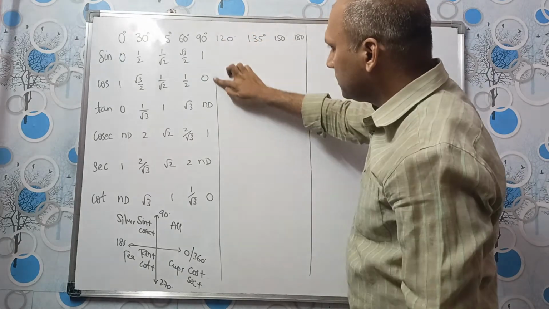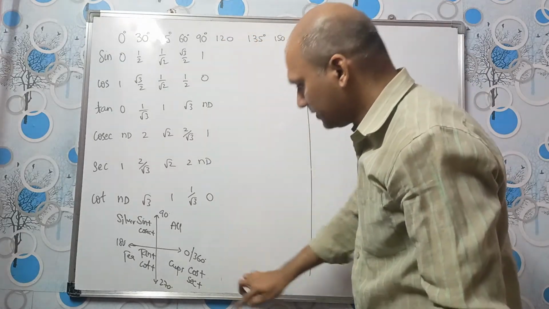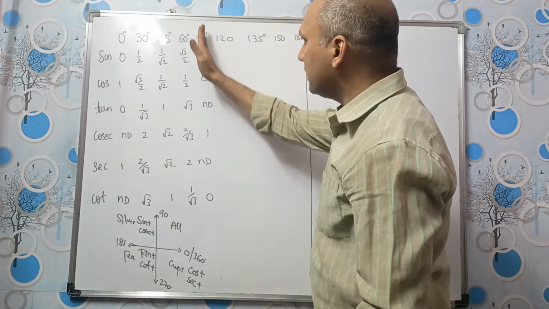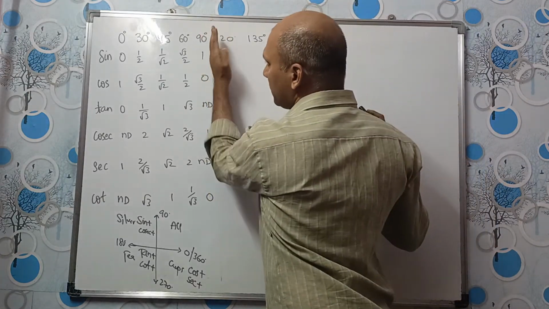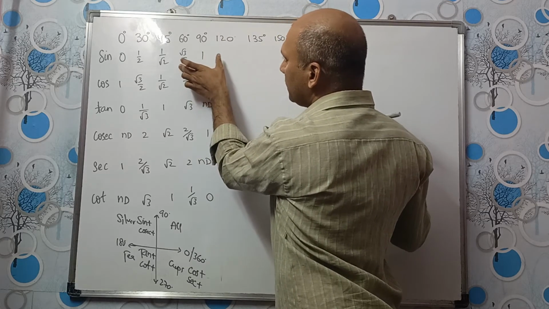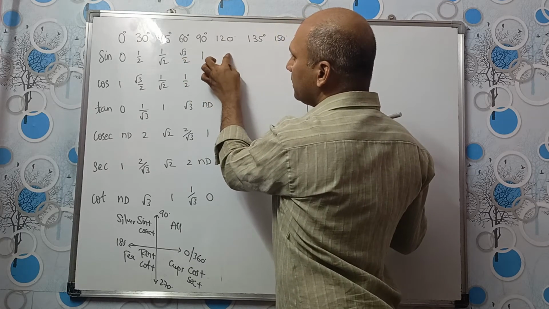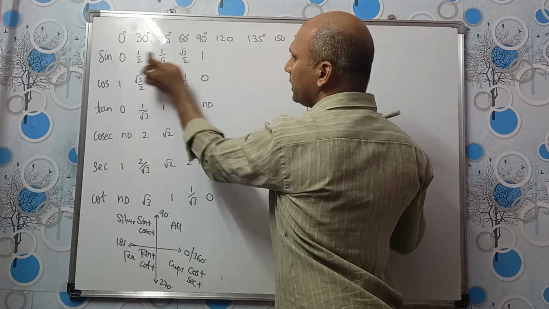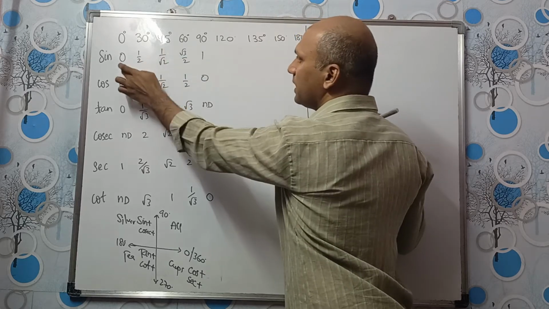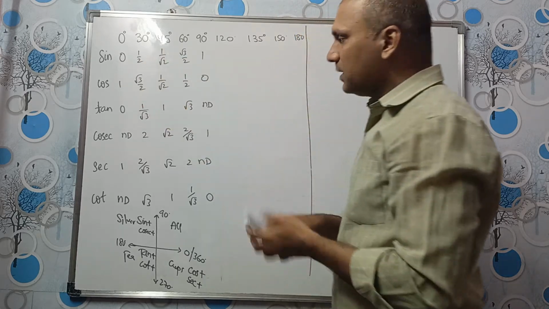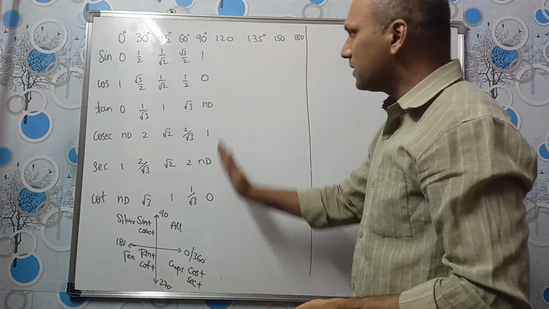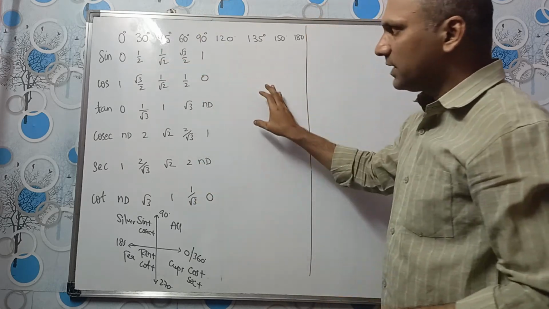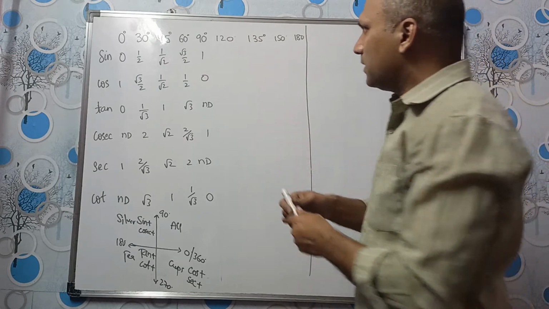See, sorry, I explained it wrong. If you place a mirror here at 90 degrees, on 90, this root 3 by 2 will be here, 1 by root 2 will look here, 1 by 2 will be visible here, and 0 will be visible here, right? It is like you are placing a mirror here on 90 degrees. All the values will be reflected the same. Okay, they will be the same.